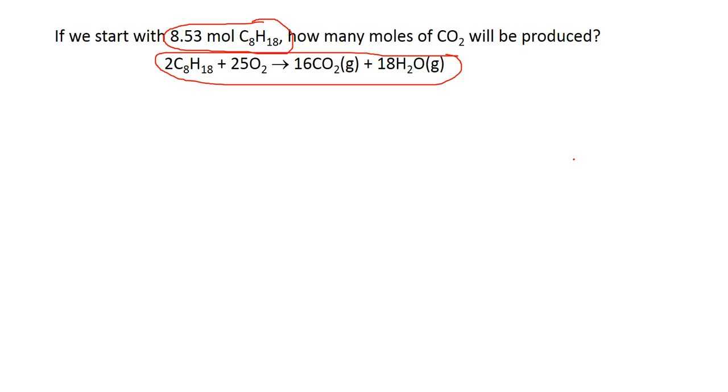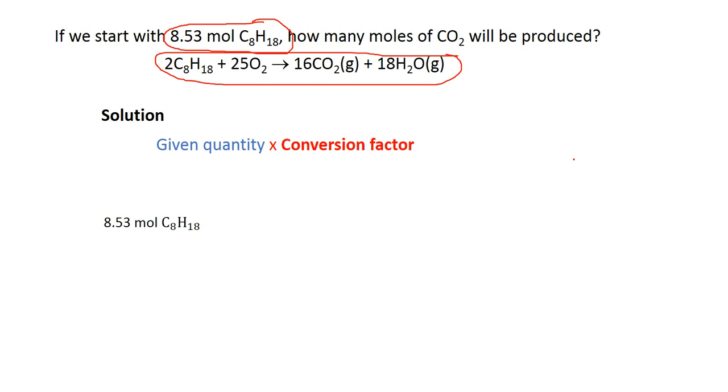We start with the given quantities times the conversion factor. So in this case, we are given 8.53 mole. What we need to do is just to look for a conversion factor that is going to give us our answer. So let's look at that. Here we see that we are given 8.53 mole. Our conversion should make sure to cancel this. What we want is to cancel mole